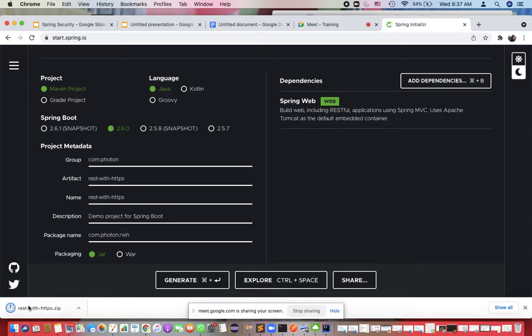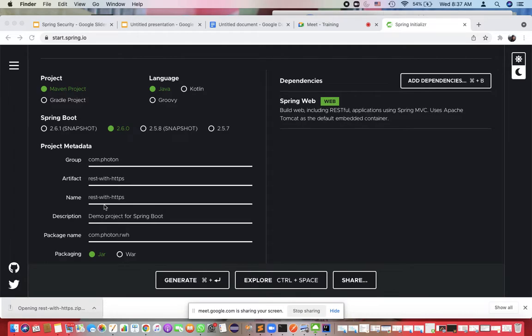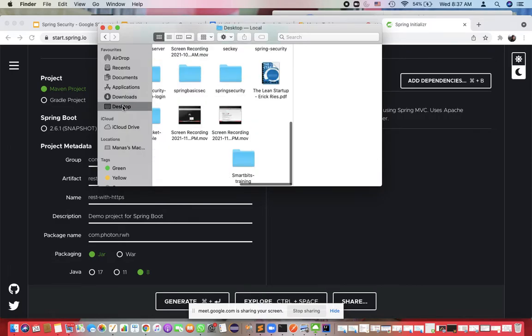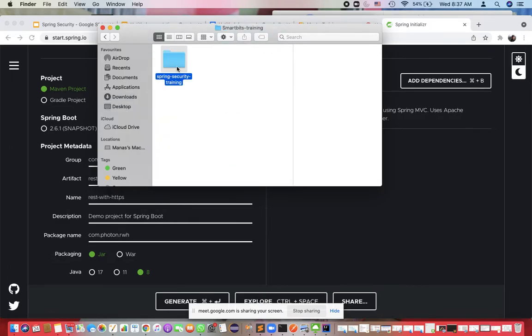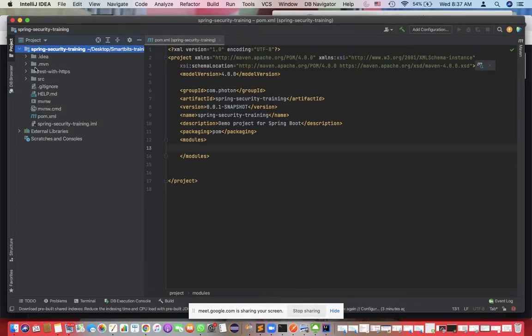Let's create the project, and I'll unzip it. Then I'll copy this project and keep it inside that Spring Security project, REST with HTTPS. Now if I go back to IntelliJ, it will show this value, REST with HTTPS.